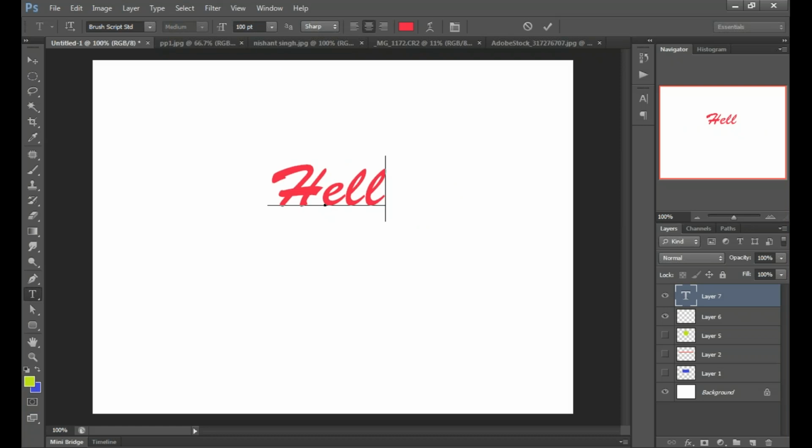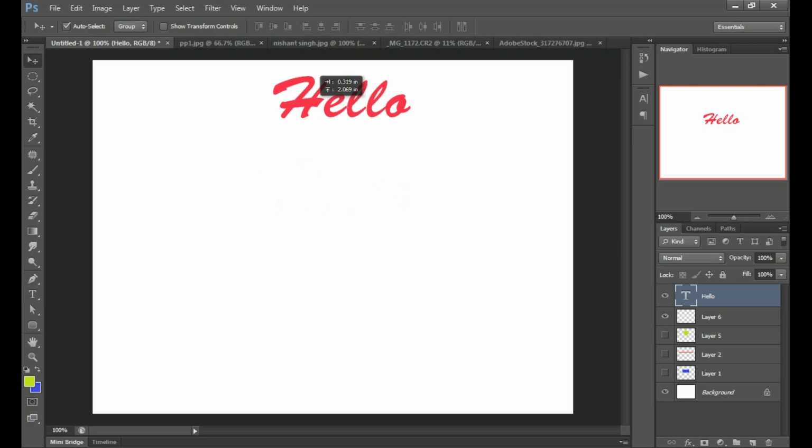Okay. When you complete typing, just click on the layer that's created automatically. You don't need to create a text layer for the text. You will automatically get a text layer here. Now choose the move tool and you can move this text anywhere, like that. Okay.